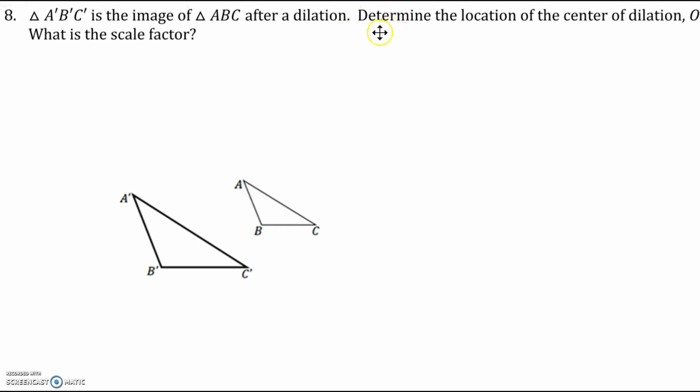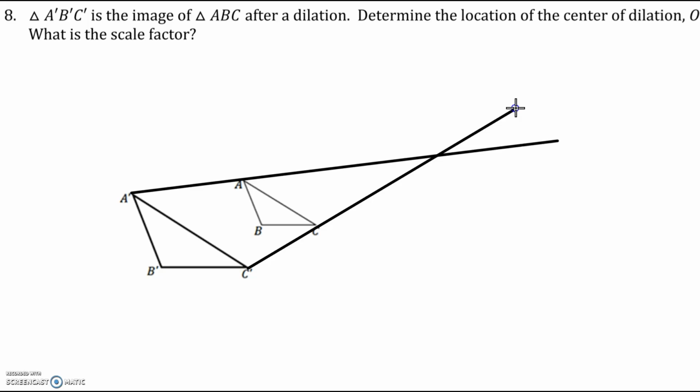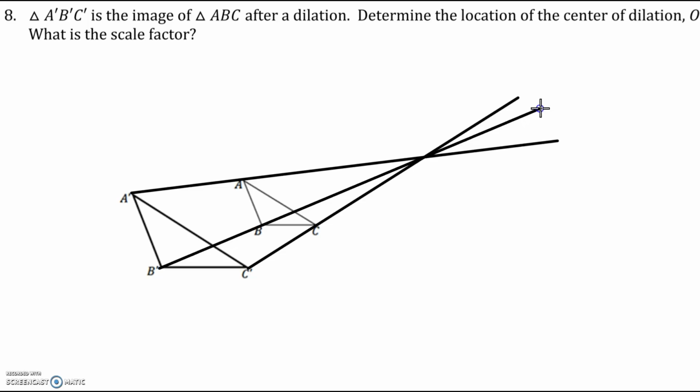Alright, next we have to find a center of dilation. This is actually much easier. You don't even need a compass. All you need is your straight edge. To find the center of dilation, all you have to do is connect an image and a pre-image and figure out where this crosses for all of the different points. And so if you're connecting with your ruler, B to B prime, A to A prime, and C to C prime, you're going to see that they all intersect here at this point,